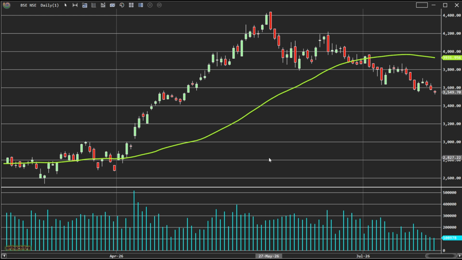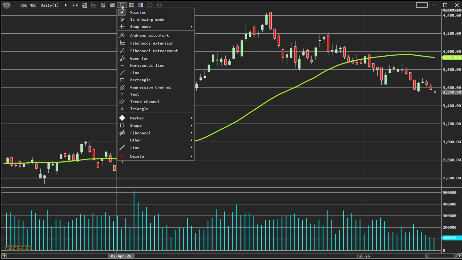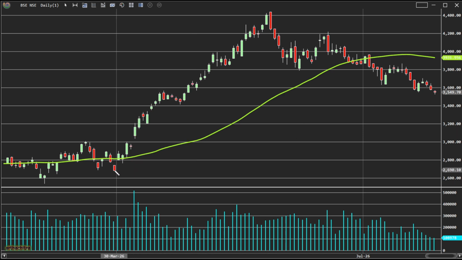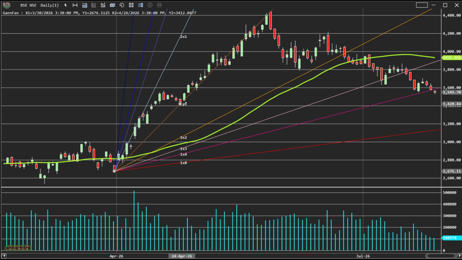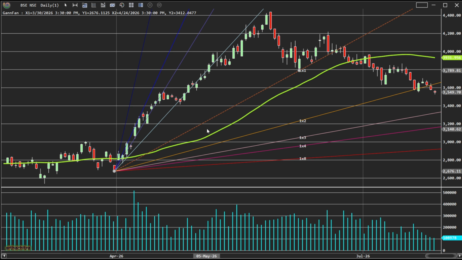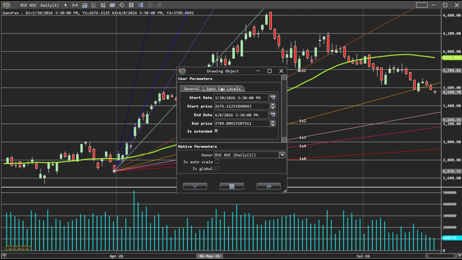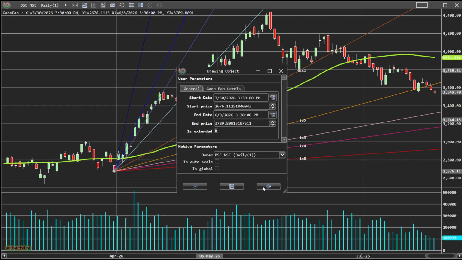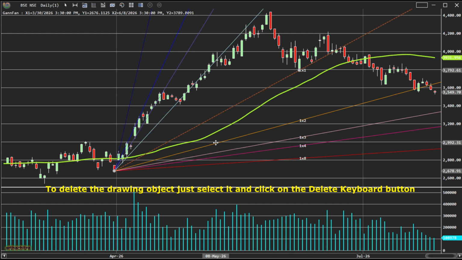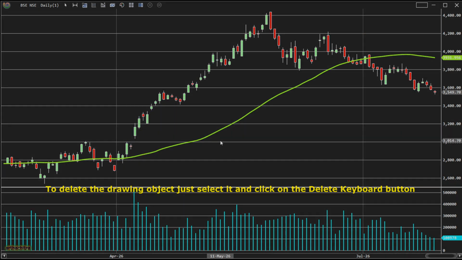OrthoChitru also lets you render drawing objects. To draw a drawing object, we will click on the drawing palette icon in the menu bar. For this demonstration, let us draw a Gann fan. I can change the drawing object by simple drag and drop operation. I can also invoke the drawing properties dialog by double-clicking on it and further customize it, including changing the color, etc. Again, the drawing objects are also exposed and you can also custom code your own drawing object.